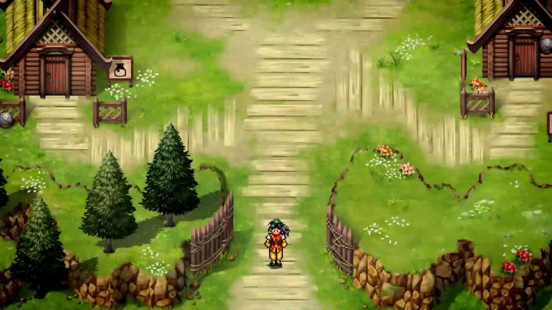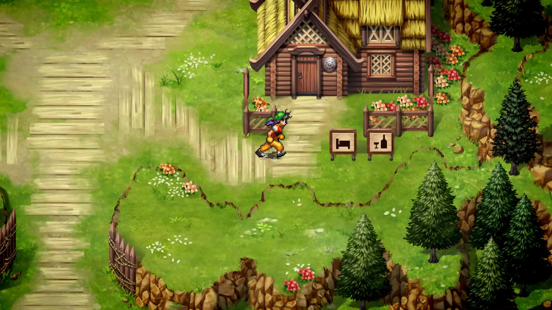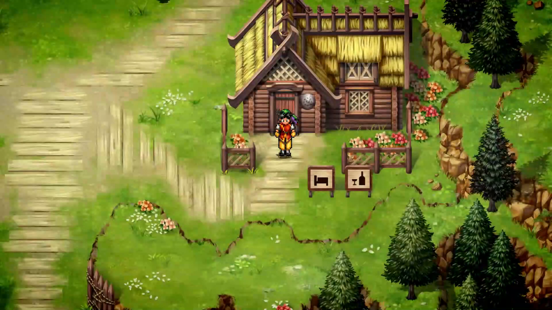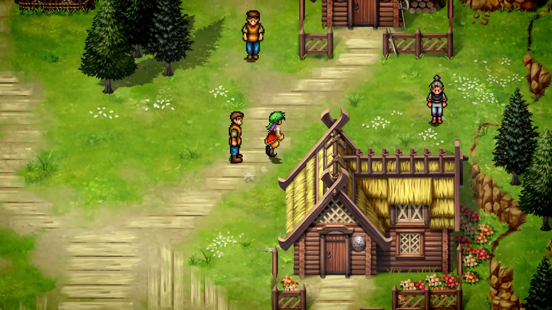Once you've got 10,000 potch, head back into the warrior's village, and then go and save the game because we've got to do a little bit of gambling to get our next character. Now that the game has been saved, leave the inn, go to the north side of it, and talk to